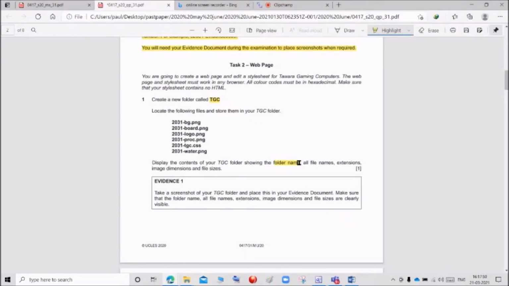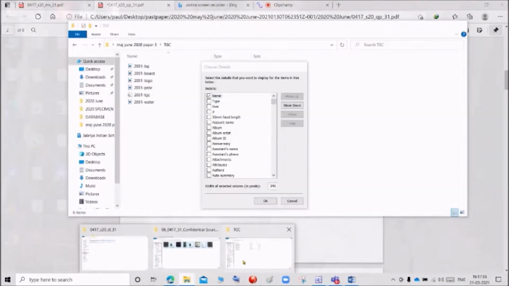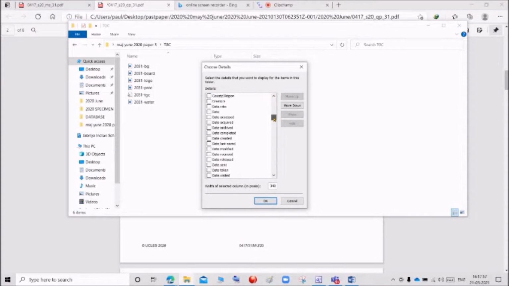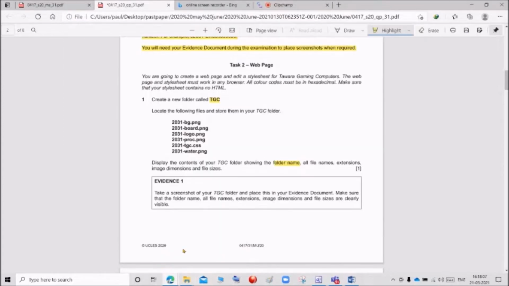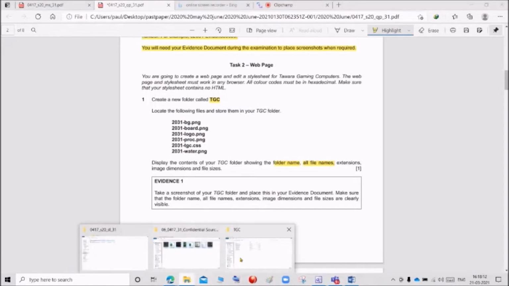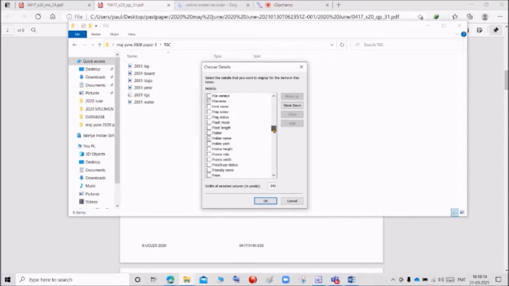We finished this. Next, all file names. File name is also that. And after that, we are going for extensions, go to the TGC and select the extension. File extensions, this one.